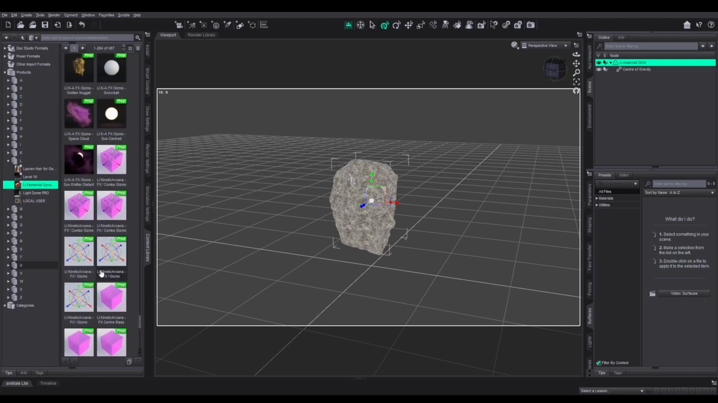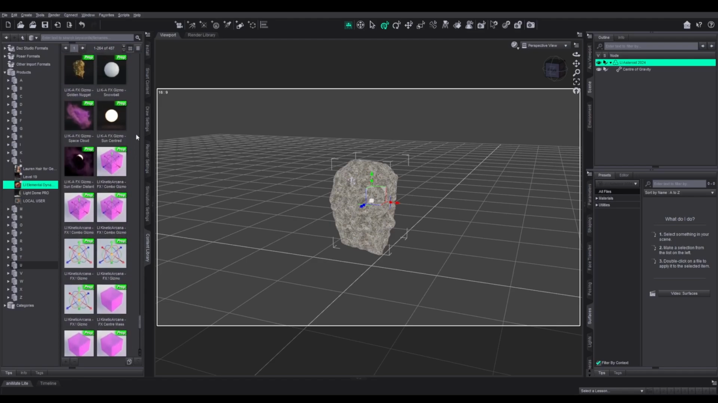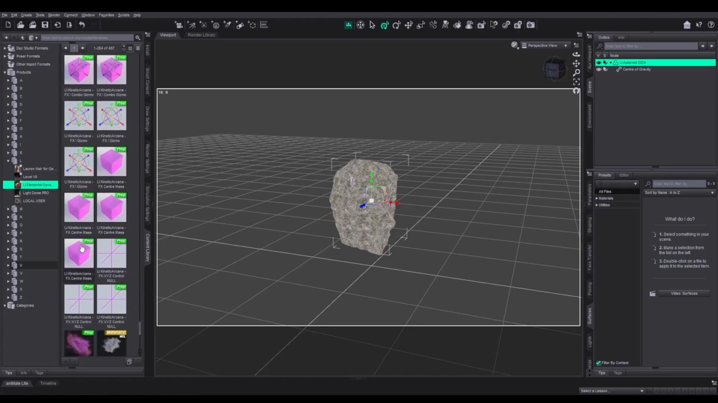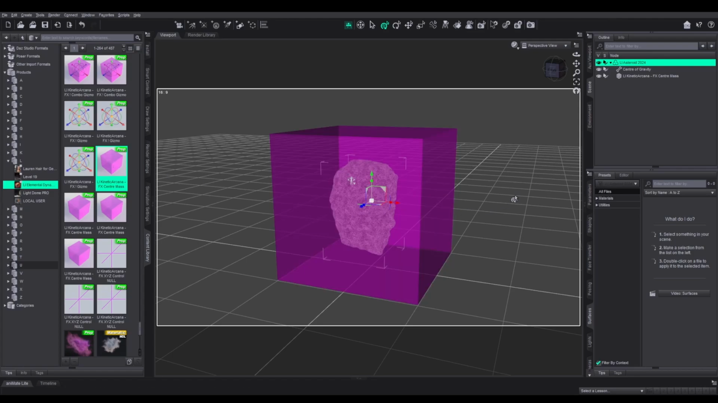I don't know what these are. Why are there so many of them? What is the difference with these? What's the difference with these? What is this? Because I really have no idea. Okay, so